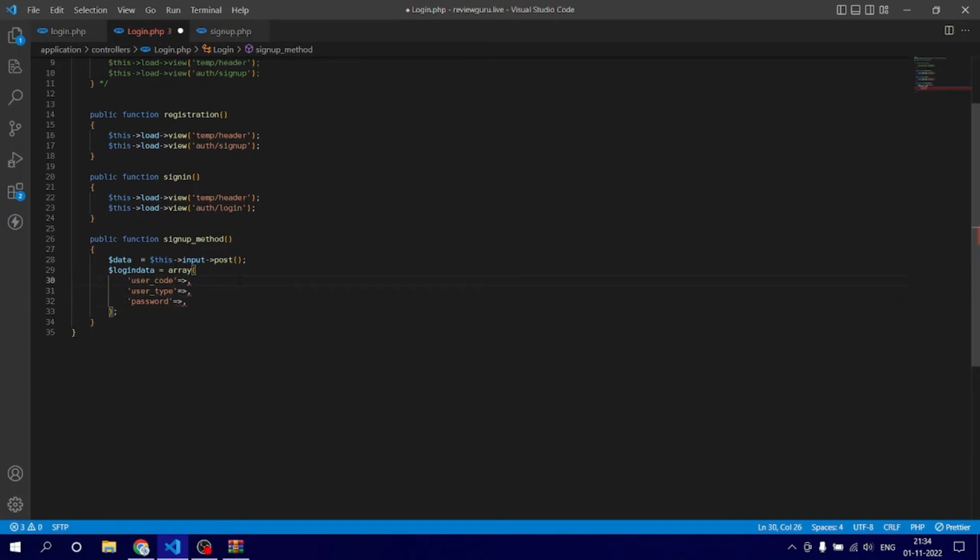And as I said to you, for an array, the left hand side is the array element key, and the right hand side is the array element value. So now first we need one step before that, that is generating the user code. For the variable user code, we have to generate the user code. Suppose the generated user code looks like